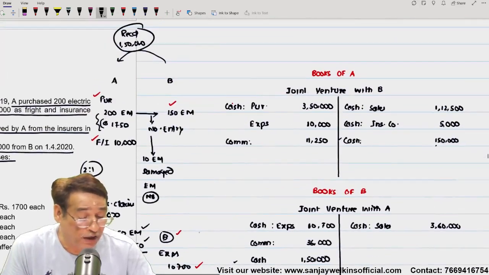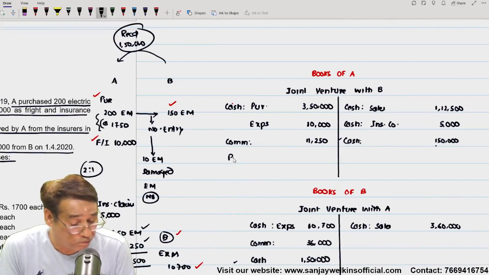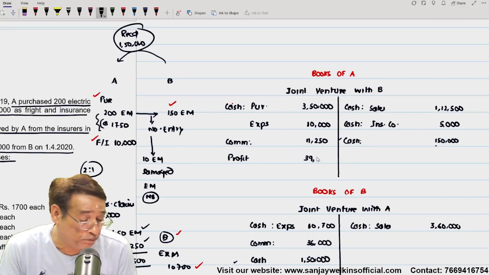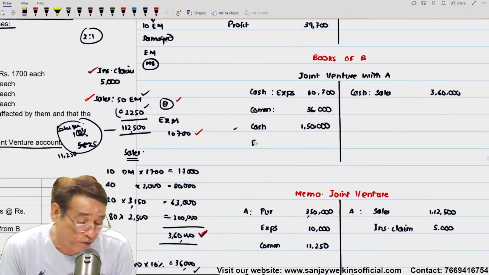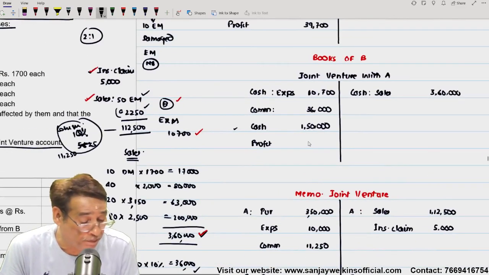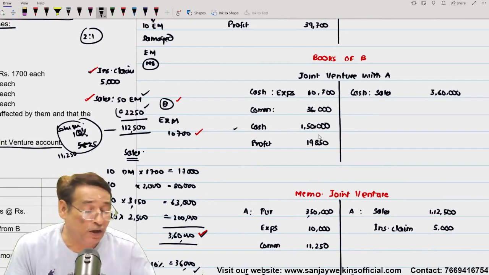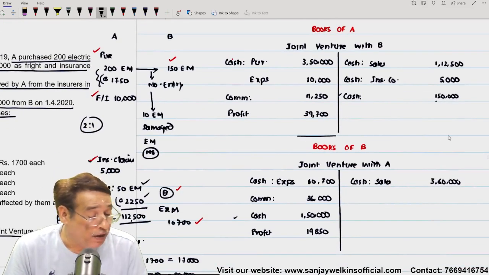Now share of A will be written. Don't write towards the credit side. It is very important to understand. Profit 39,700. And share of B will be written over here. Profit 19,850. Now we will tally this account, and by tallying this account I will come to know how much